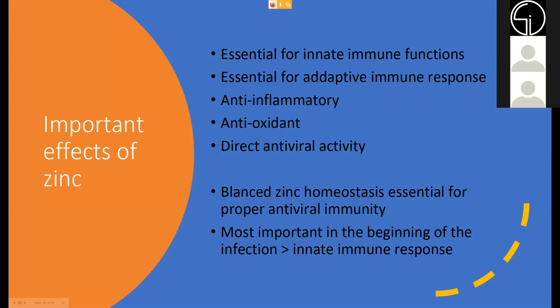So here is a summary of the important effects of zinc. It is essential for the immune system. It is for the innate immune system, for the adaptive immune response. It has an anti-inflammatory effect, an antioxidative effect, and it has a direct antiviral activity for a variety of viruses. And balanced zinc homeostasis is thus essential for a proper antiviral immunity. Most important is the beginning of the infection, when a person contracts the virus, and the innate immune response is